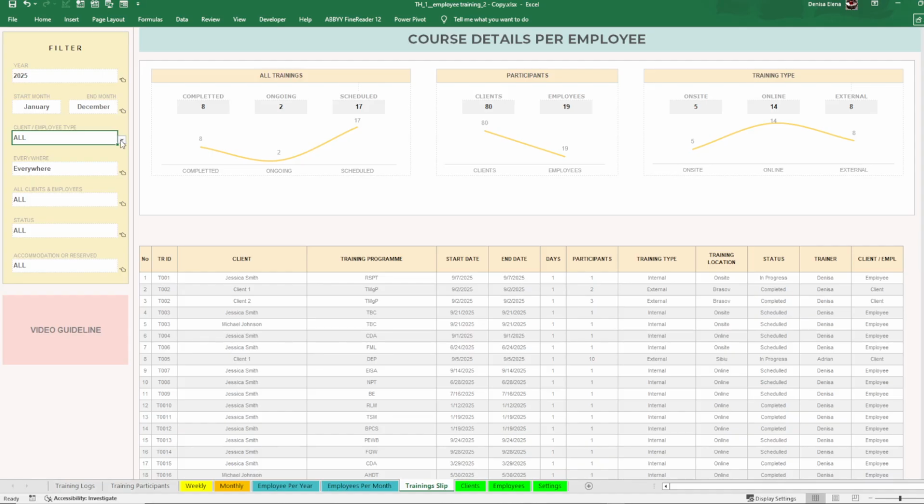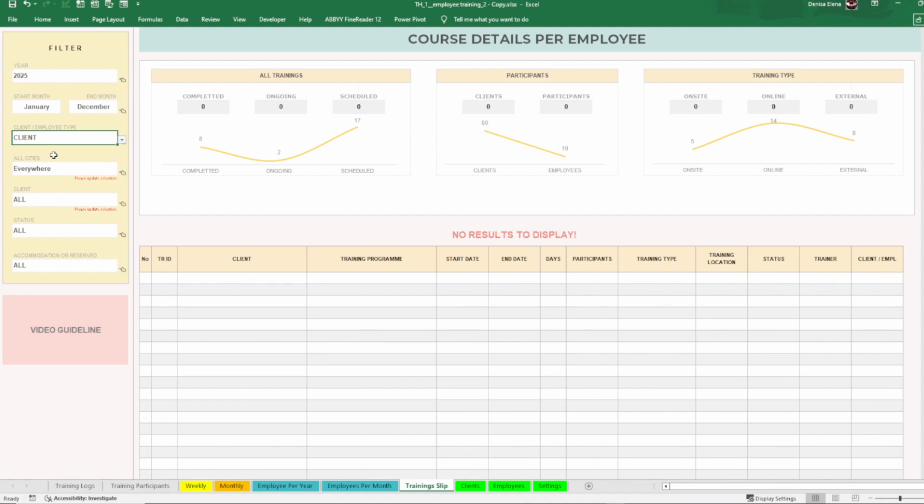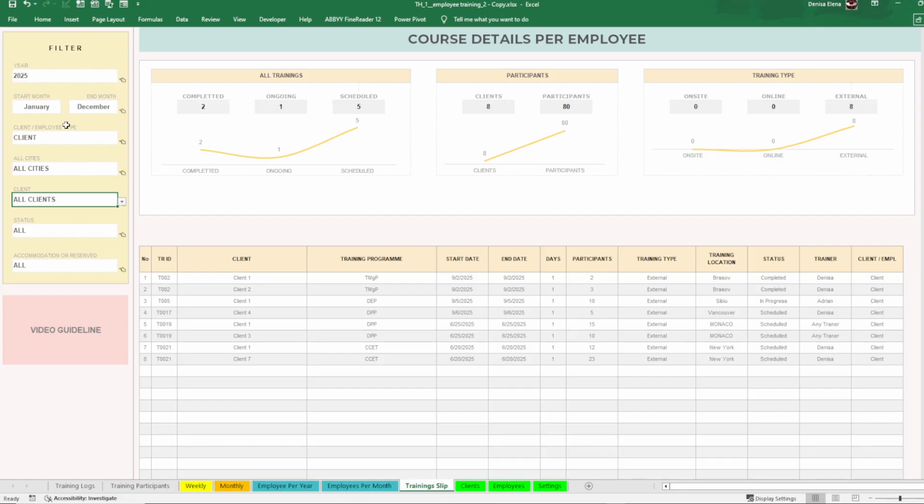If you want to see instead only data related to clients or employees, select I want to see everything for clients. Once you select clients here, you will be notified to update these two selections, meaning location and clients. I want to see from all cities where my clients are, and I want to see all the clients. Okay, and you have the list of all your clients that have participated in any training module from January 2025